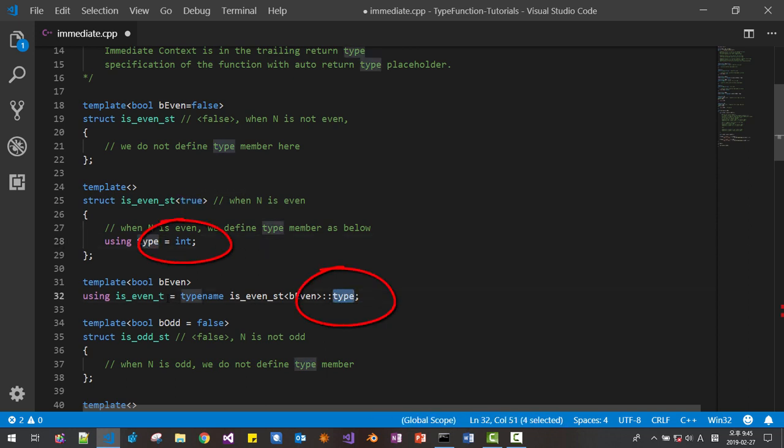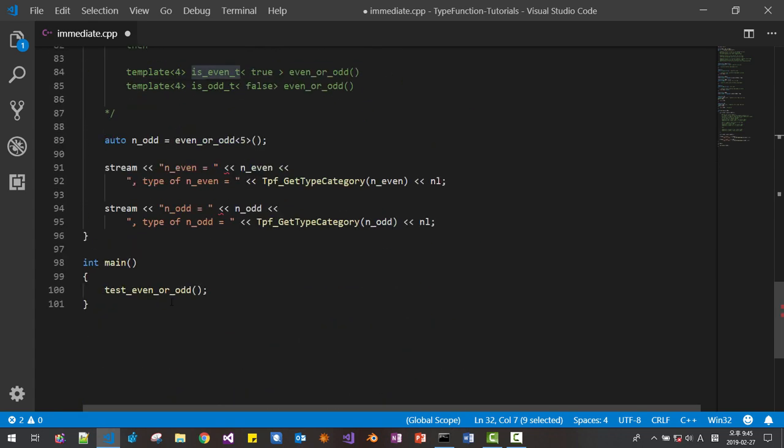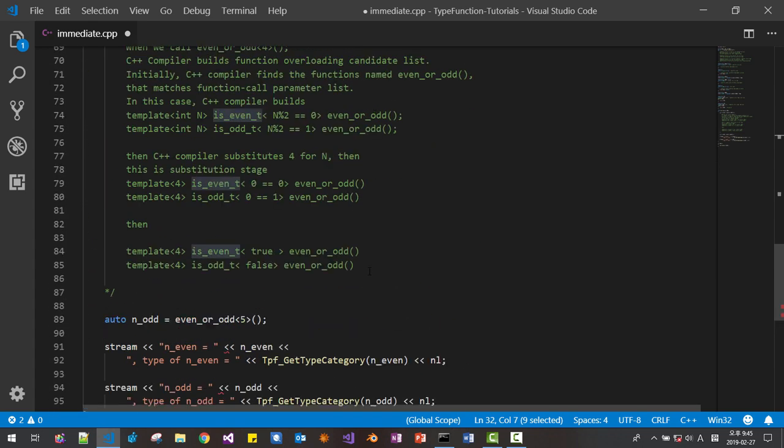So it returns int. It is replaced here at this stage.